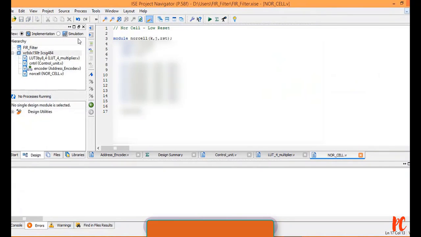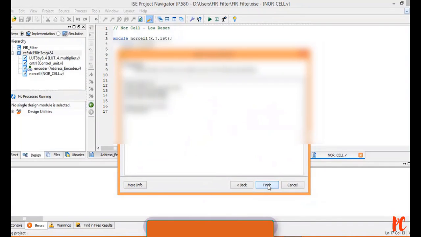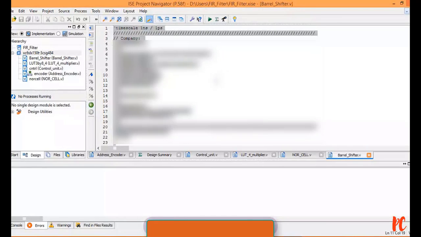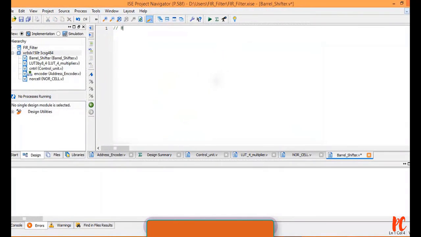Now I am going to design one more, the most important component, nothing but the barrel shifter, which performs the actual shifting operation. Barrel shifter, let me write it. I got Q as output, which is 8-bit, P as input, which is 8-bit, and S, which is one more input, which is 2-bit.